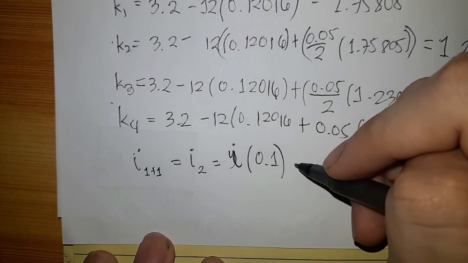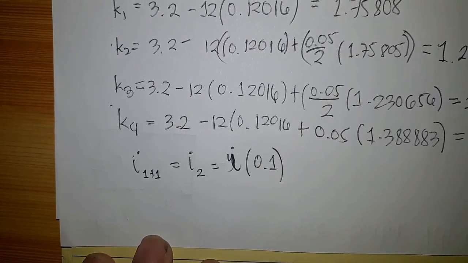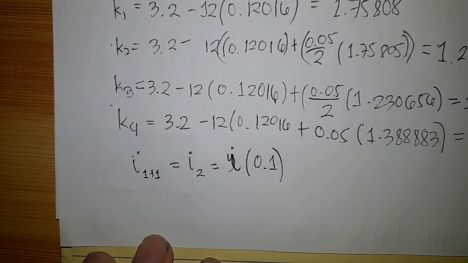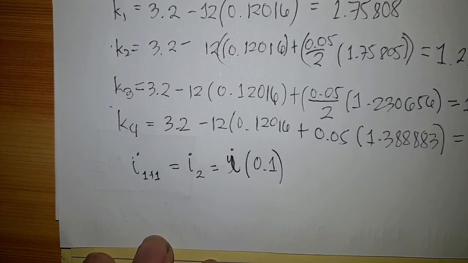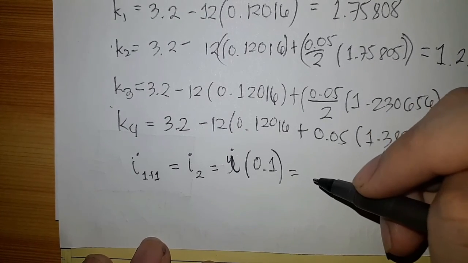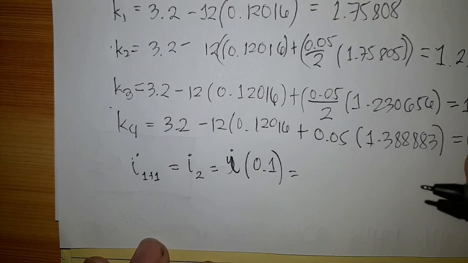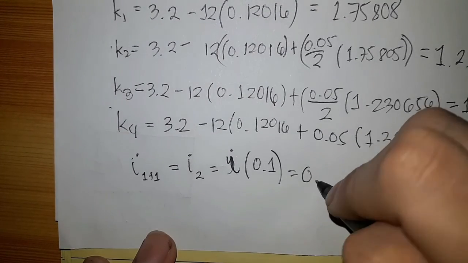So we are now solving for the current of the RL circuit in which t is equal to 0.1. It is now the value that is required by the problem. So this one is equal to y sub 1, or I sub 1, which is equal to